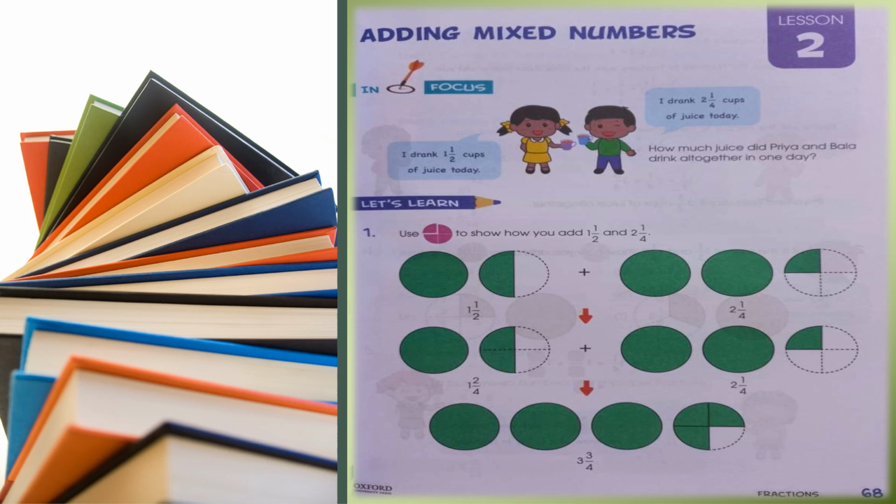kids have consumed. In the other case, there are two whole numbers and 1/4. Two whole numbers means that there are two complete circles, and 1/4 is represented by one portion highlighted out of the four portions. So in order to solve it, what we first need to do is that we have